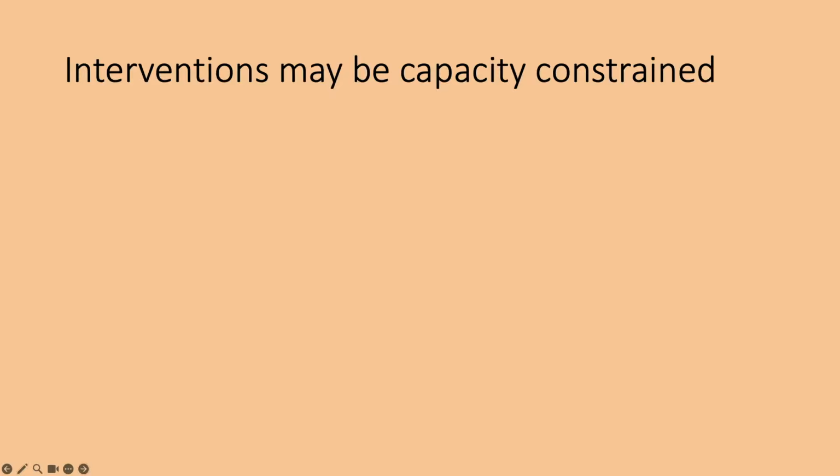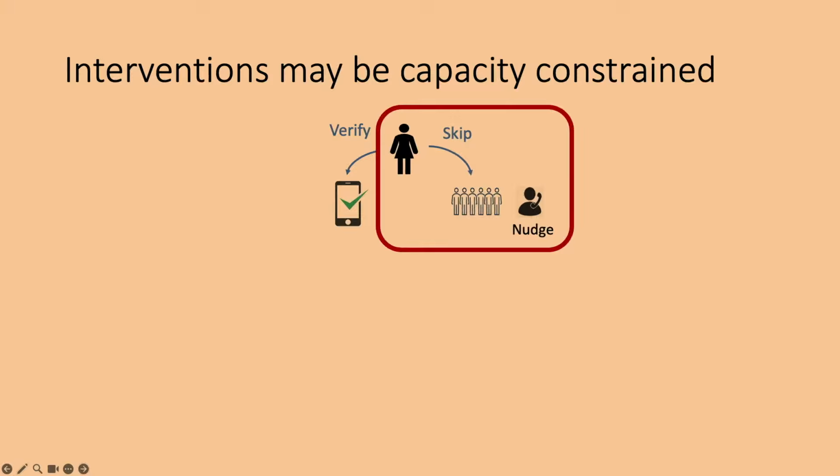And so what I mean by that is, when I told you about the intervention, that if you skip your verification, you're reached out to by someone from the platform, this is a little bit of a simplification, because there's not always someone on the platform who's available to call you. There's people who are servicing the phones, but they can only make so many calls a day. So really, when you stop verifying, you join a queue of people waiting to be called.